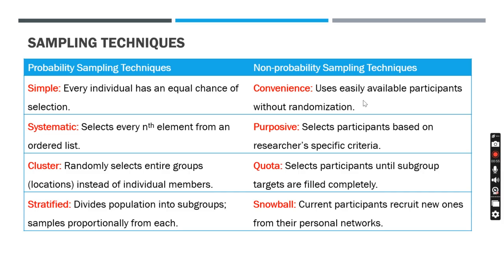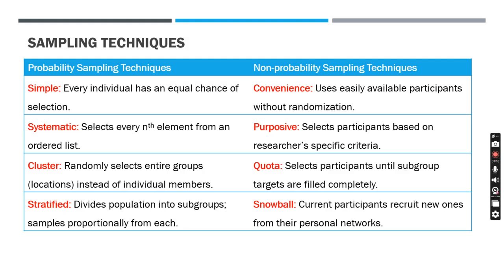And also for non-probability sampling, we're going to use either convenience. For convenience, that means the people you can easily find, okay, or available to you. You just pick them and you select them. For purposive sampling, you have to determine specific criteria, and then you start selecting the people based